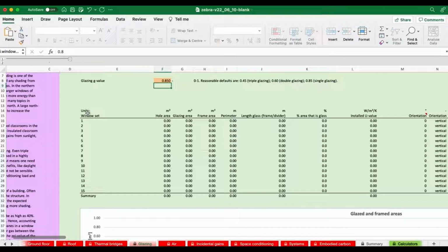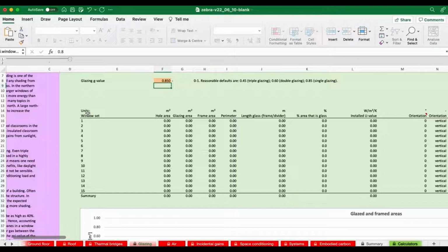So we're going to add up all the area of all the windows on each facade, and we're defining a facade as those that point in the north, east, south, west direction. So we're going to have 4 window sets. We could split it differently. We could have a window set as being all the windows on a floor, or maybe we've got windows of very different type on different orientations and different heights and everything.